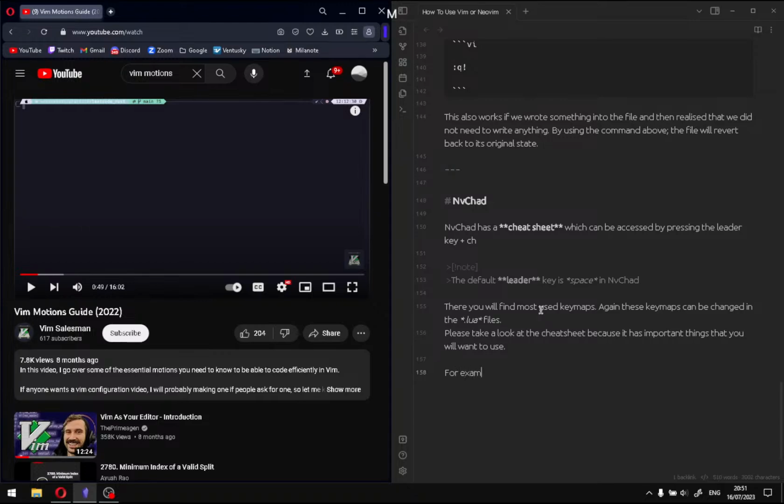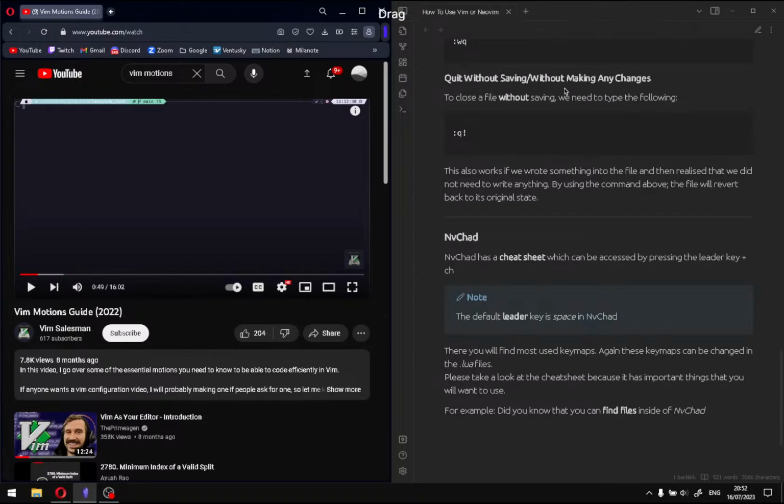For example, did you know that you can find files with Control B inside of nvchat? I mean, you can configure, as I said, I don't want to configure my Neovim and just use nvchat, but you can use